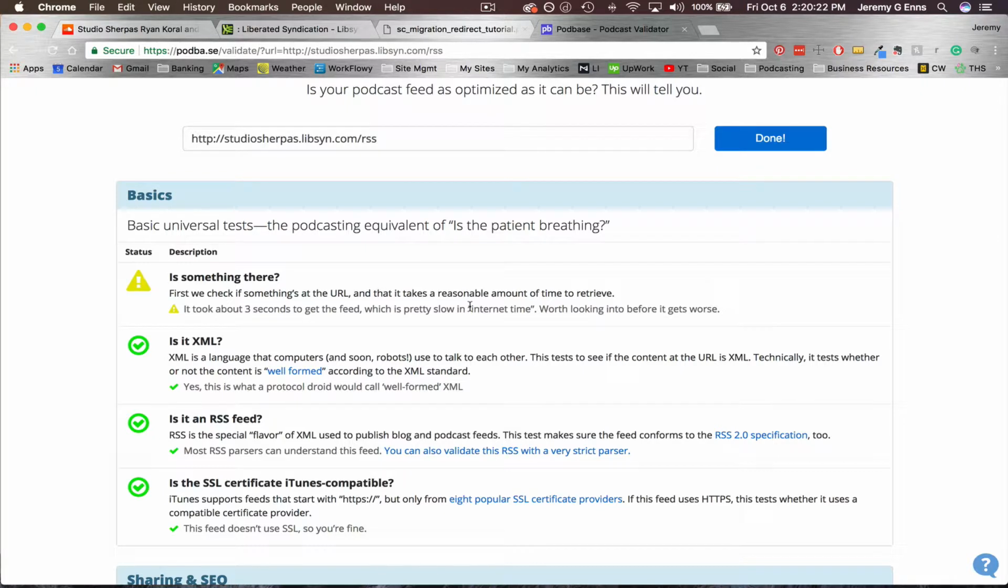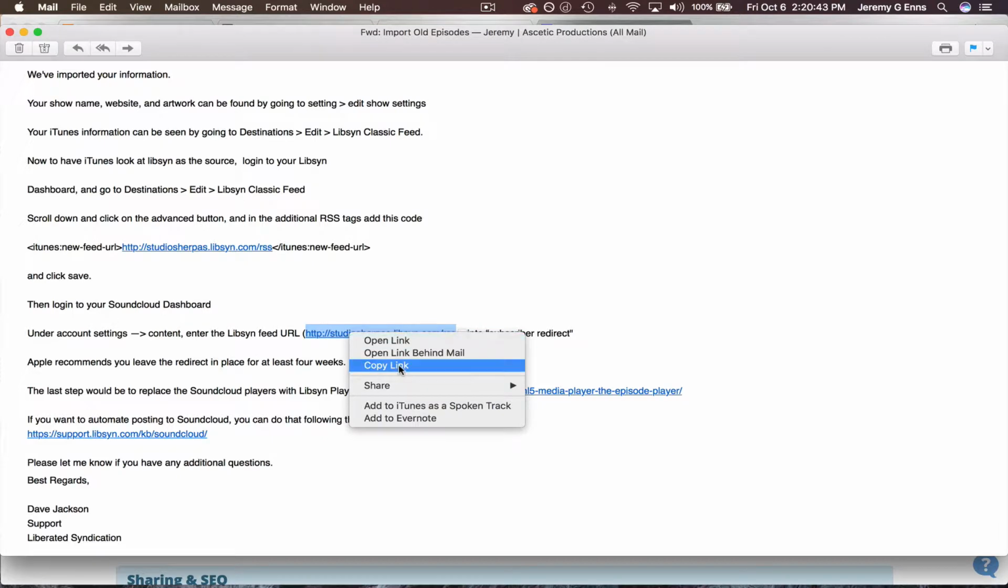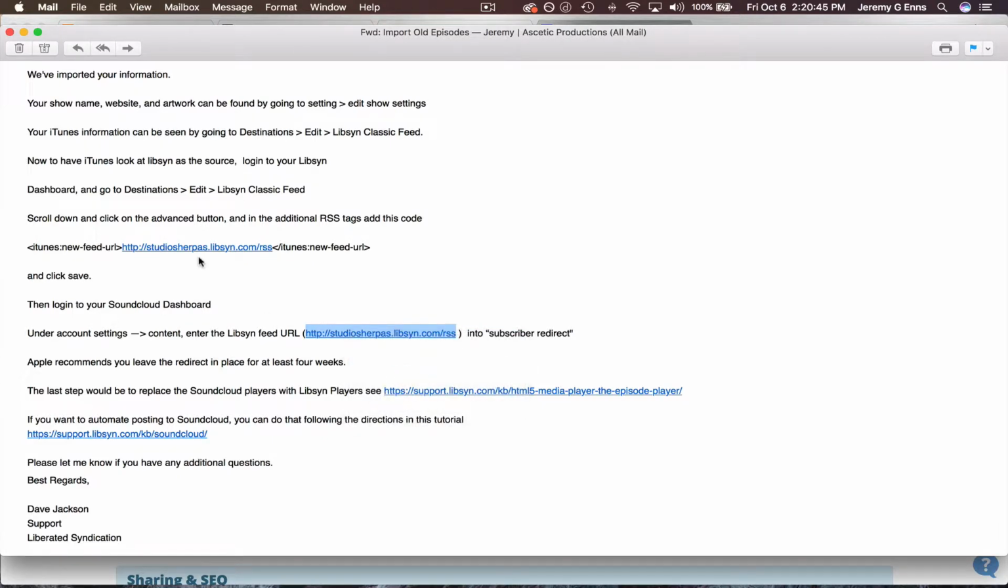And so then we're going to redirect the SoundCloud feed. So we're going to go back to the email they sent, and it has all these instructions here. And so then you can see it says log into SoundCloud dashboard, go to settings and then content. And then the Libsyn feed here, which they've again given us right like that. So we're going to copy that and then go to SoundCloud